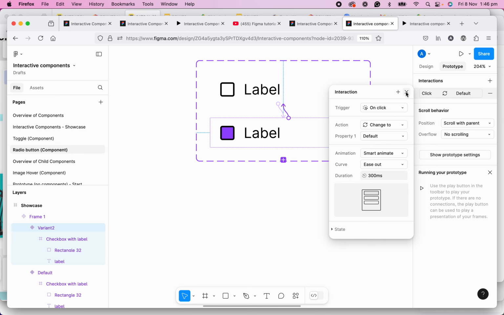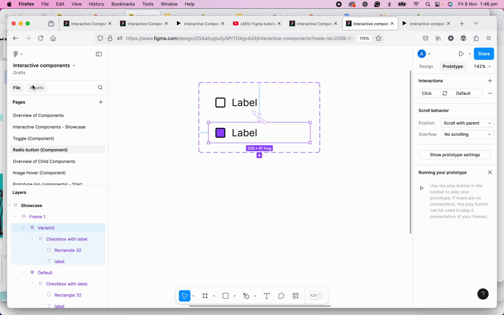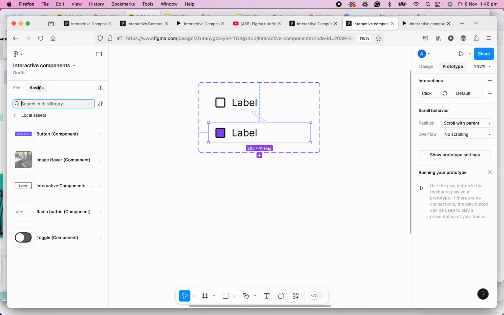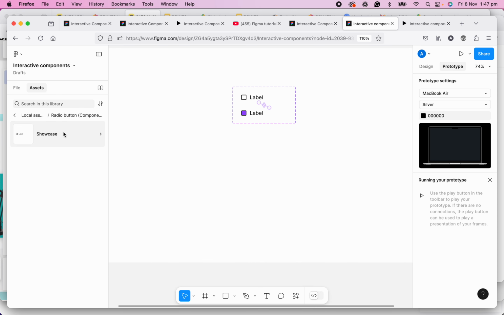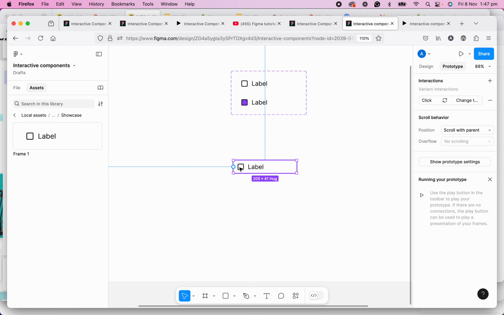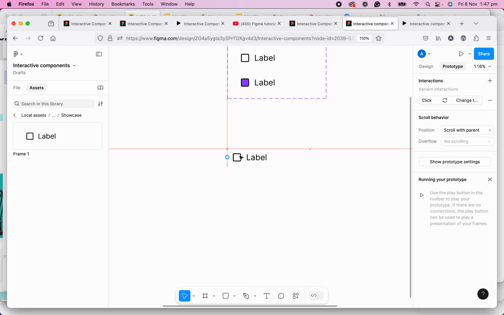So let's double check if this is being, yeah, it's in the radio button page. I want to again, insert it. So I'm going to showcase and I drag it on the page like that. So okay, let's say that I want to have those selections. I select,